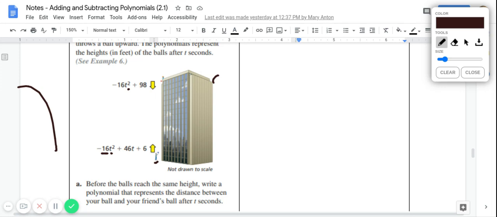They're not just random. Okay, so to help you maybe see this, if I'm throwing a ball down from 98 feet, and this guy's throwing a ball up starting at 6 feet, how far away do they start initially? Well, that's 98 minus 6, right? Which is 92. So to find the distance between these two balls at any given point, we're going to subtract these polynomials. So this is negative 16t squared plus 98